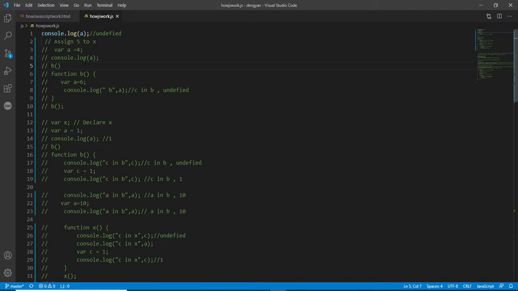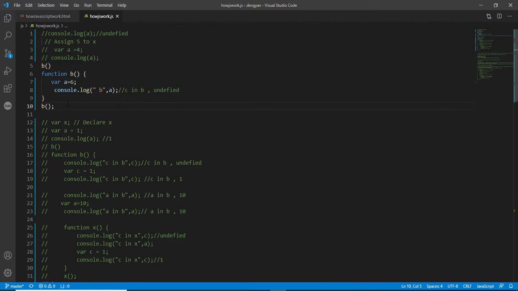Before that, I will try to understand another example of functions. So here I am removing these things and let's talk about the functions. Can you guess what will be the output? Means what will be the output in the console? You can notice that I call the function before the function statement. What will be the output? And after the statement, what will be the output?